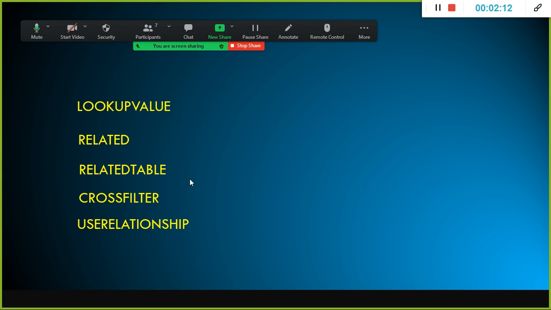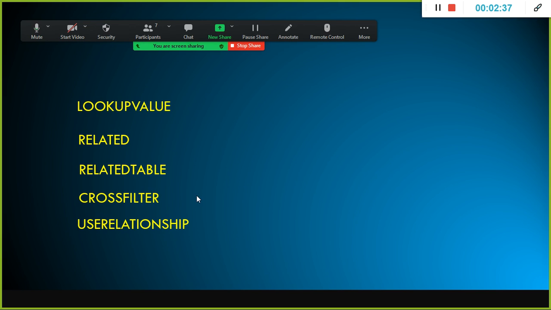So related table can also be used to do a lookup on the many side table and then update the one side table, the single table. In related table, we will be using the many side table as a lookup table.